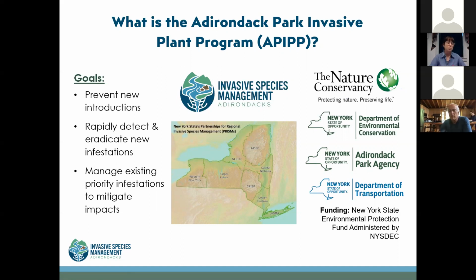Our goals are to prevent new infestations, to rapidly detect and eradicate new infestations, and then really where it applies to knotweed is manage existing priority infestations to mitigate their impact. So knotweed is a plant that has really ravaged a lot of parts of New York State, and we have relatively lower abundance up here in the Adirondacks, but it is a plant where we're going to have